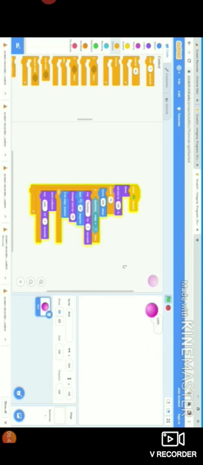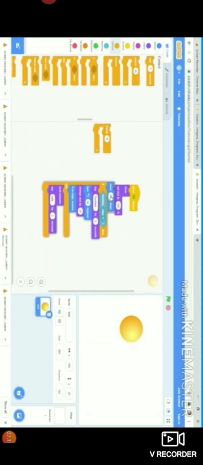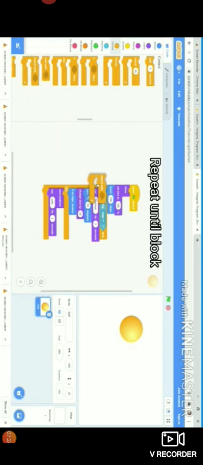Then the repeat until block. Enclosing instructions within the repeat until block will result in the instructions being executed repeatedly till the time the condition is true. For example, we want the animation to stop when the spacebar key is pressed. So the condition here is pressing of the spacebar key. The instruction block to check the pressing of the spacebar key is from the sensing category. So till the time the spacebar key is pressed, the condition is false, and so the enclosed instructions are executed repeatedly. Okay, understood?